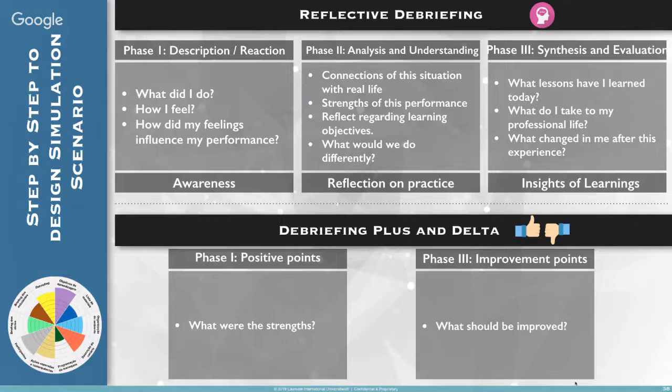So in the first phase, description and reaction, you need to start designing questions like, what happened in this scenario? What was the case attended by the professional? Asking about what the case was helps the students keep focus on the description, because when you just ask them about what happened in this scenario, they are likely to respond something like, the patient was anxious, the professional was scared, was clear or not. They're going to start evaluating or judging the performance. But when you ask about what was the case attended by this professional, they're going to say